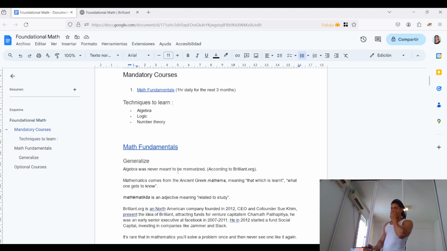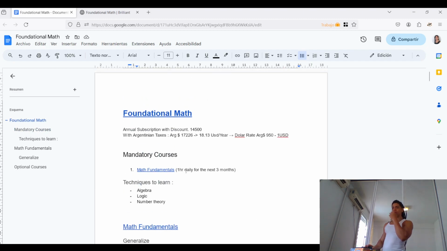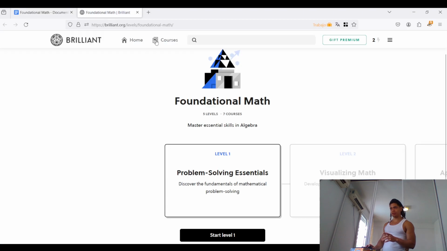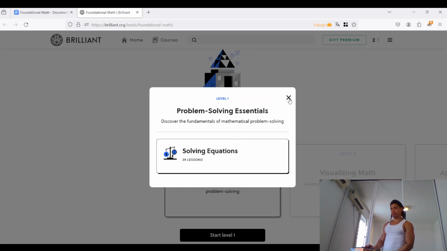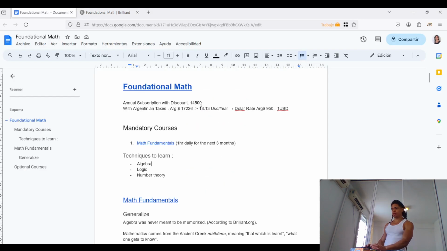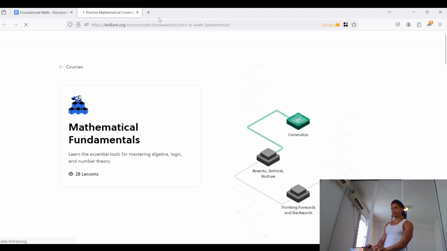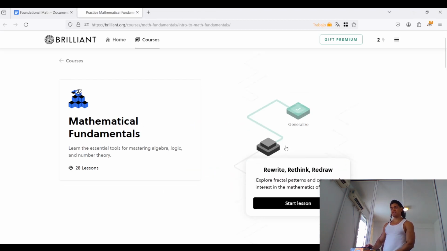Now, here, okay, this course from Brilliant.org, especially the problem solving essentials, to discover the fundamentals of mathematics. No, I think it's this, exactly, it's not this, it's in fact this: mathematical fundamentals. So the first topic was generalize, and